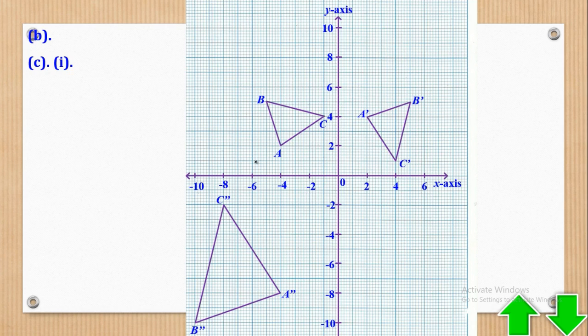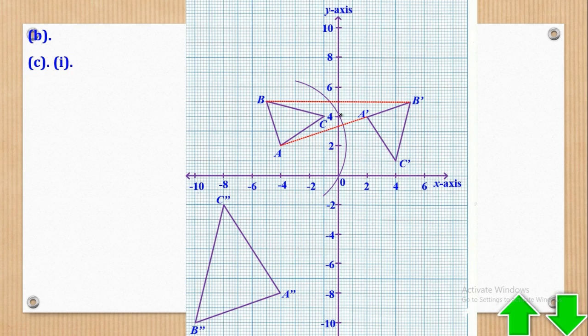So for rotation, what do we do? We are going to draw any two lines. Let's draw a line joining A to A prime and B to B prime. After that, we have to draw the perpendicular bisectors of AA prime and BB prime. If I start with A prime, I will need a compass. I'll put the compass needle here and draw an arc. So I'll draw that arc